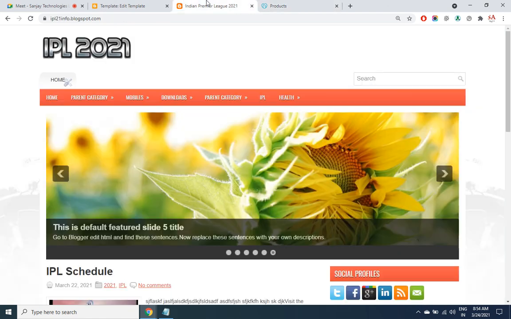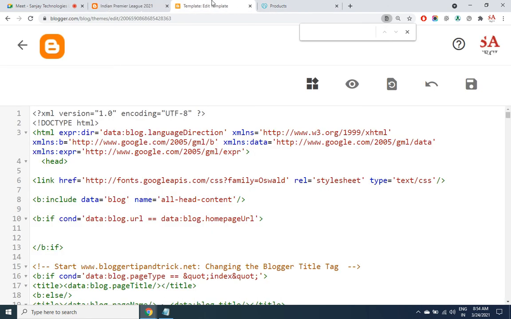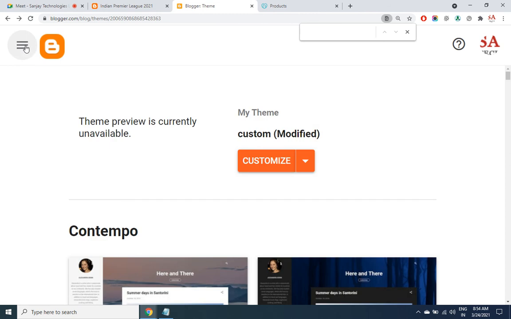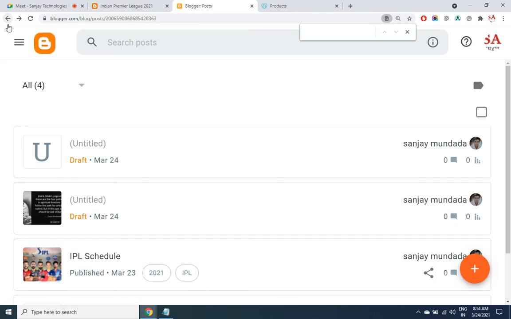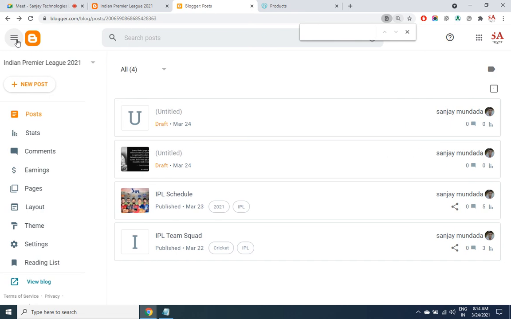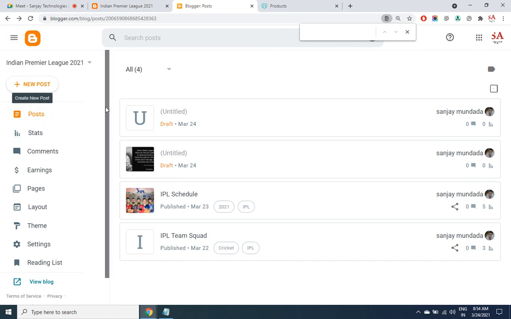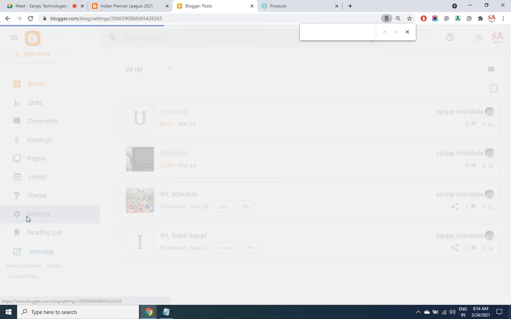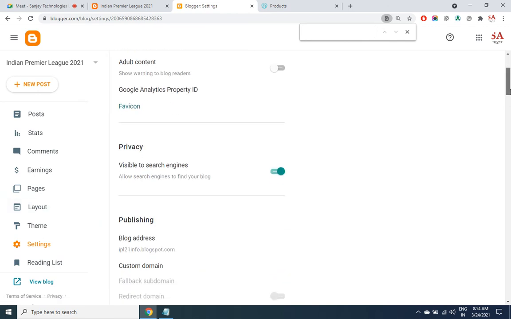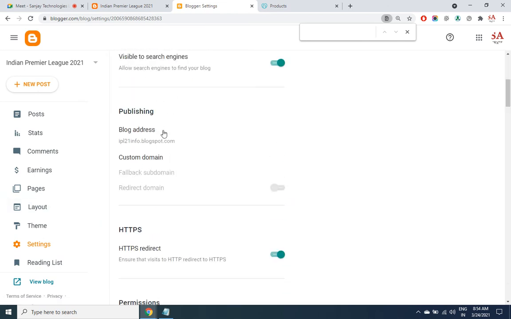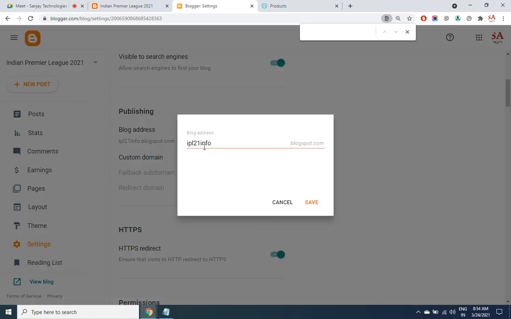So what I have to do, under the Blogger settings, in case you want to change from free site to free site, you can just change the text here.